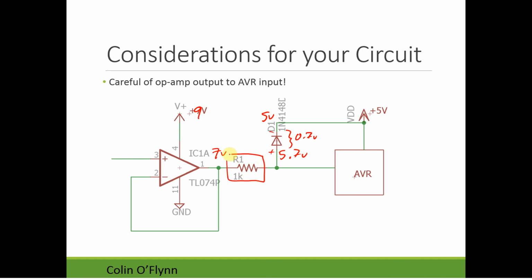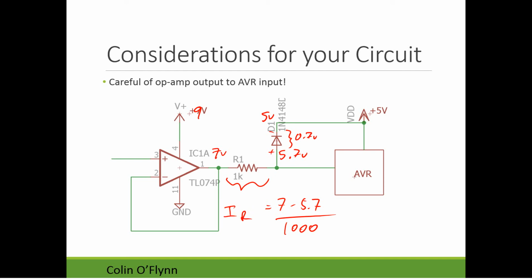If you don't have this resistor, what this resistor does is limits the amount of current that can flow through that diode. So the current flowing through this, there's a bit of a voltage difference here, is just equal to the 7 minus 5.7 over, if that's a 1K resistor, over the 1000 ohm. So I should change that to I diode, or I resistor. So there's going to be a limited amount of current that flows.